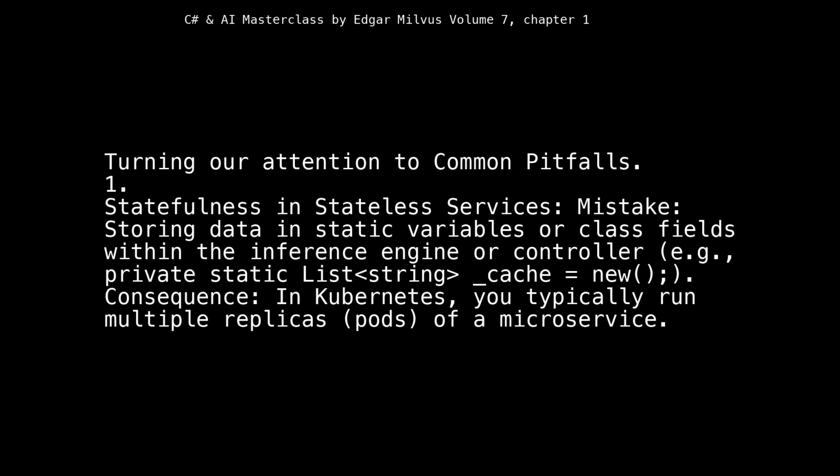Turning our attention to common pitfalls. 1. Statefulness in stateless services. Mistake: storing data in static variables or class fields within the inference engine or controller, e.g., private static List<string> _cache = new();